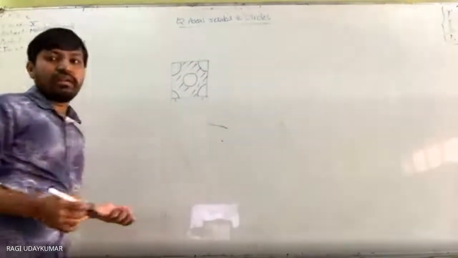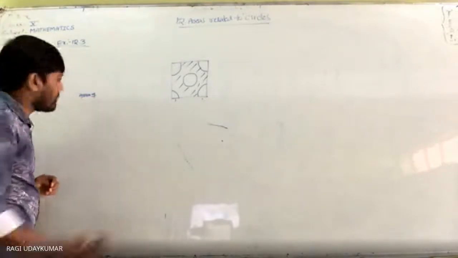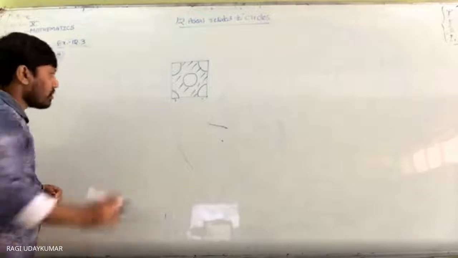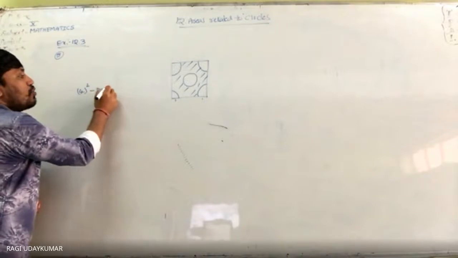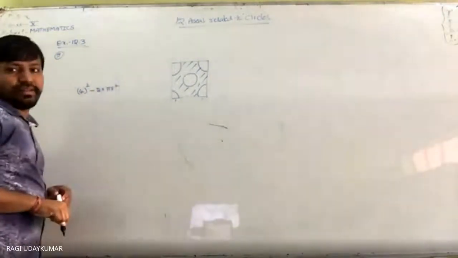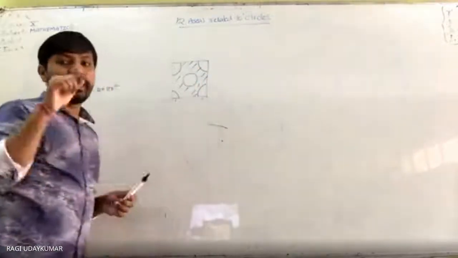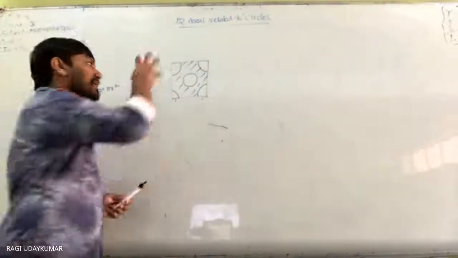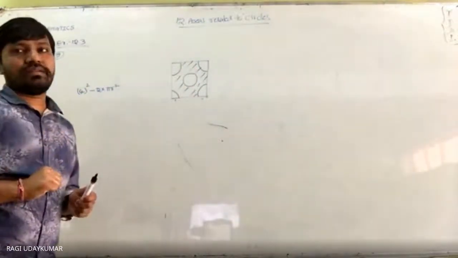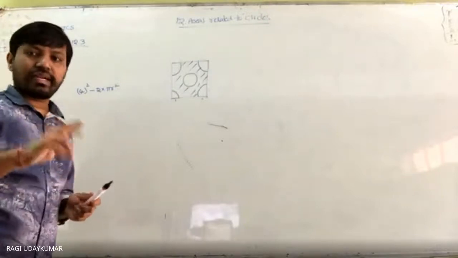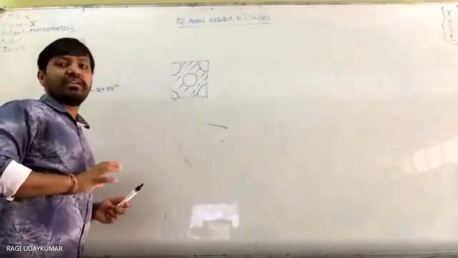So what is this one? Area of the square. I am writing here. What to do here? Area of the square is 4 squared, minus 2 times the area of the circle. Why 2 times the area of the circle? The 4 quadrants together make one circle with radius 1. And the circle inside that is cut out also has radius 1 only. So 2 circles are cut out, so the area of 2 circles is subtracted.